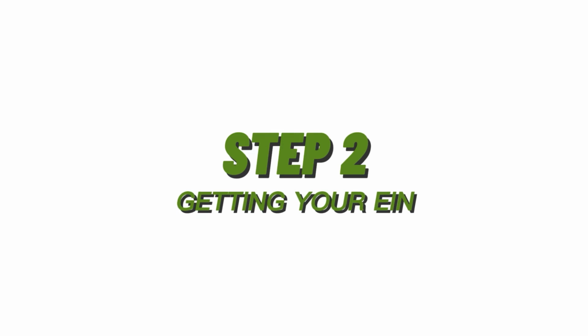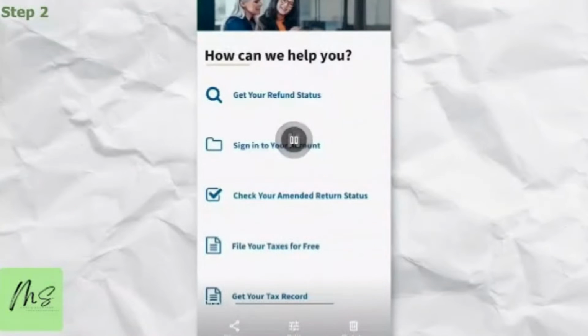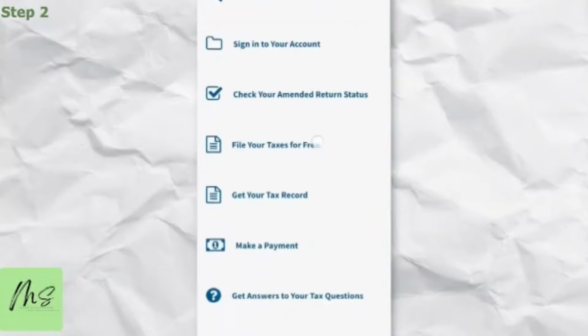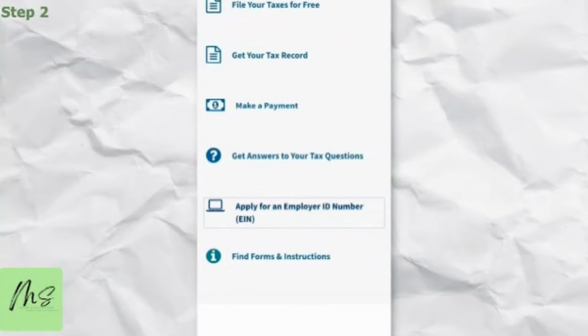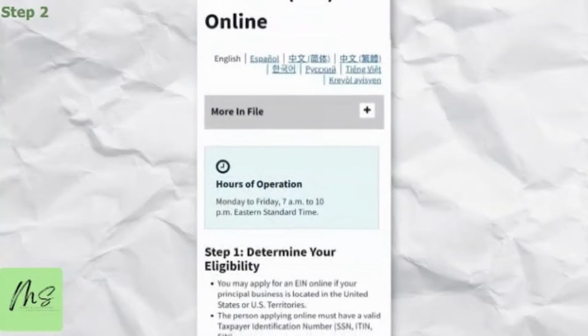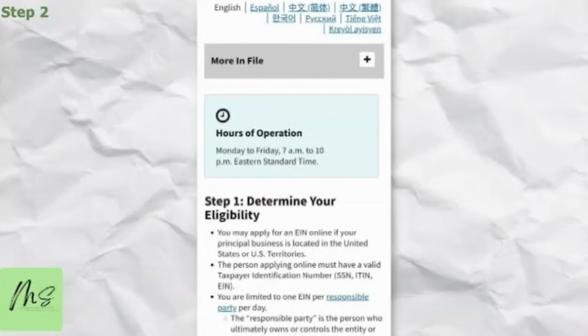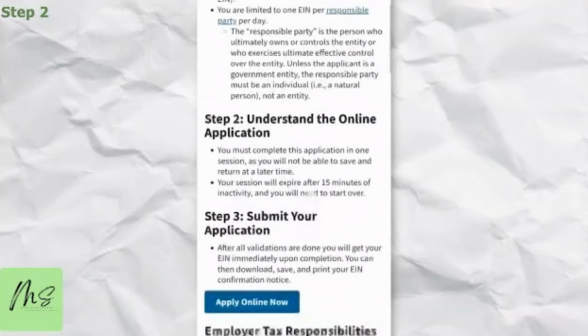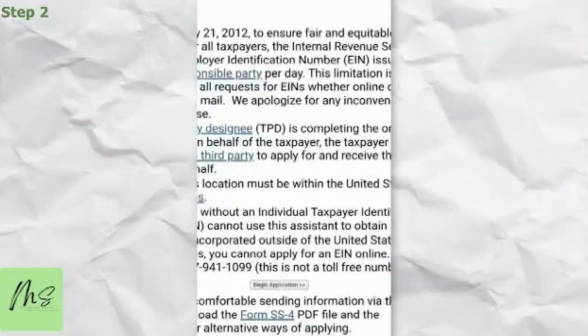Now, we're going to be on to step 2. We are now at step 2. We're going to go to irs.gov and then we're going to scroll down to the section that says apply for EIN. And right here you see it says hours of operation Monday to Friday 7 to 10. You want to do it during that time because it won't allow you otherwise. Apply online,